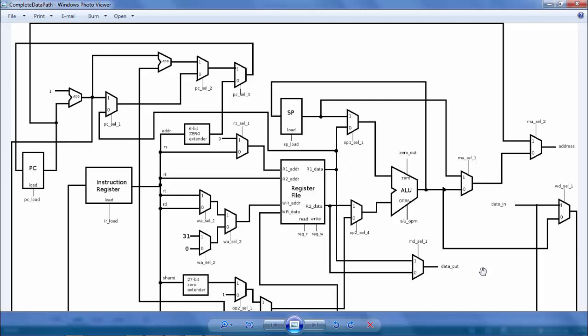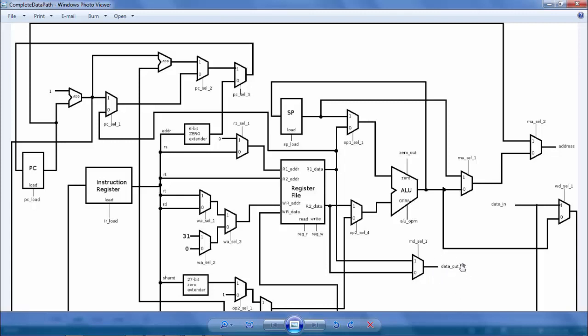So this multiplexer is selecting between data which is coming from R1 data, this output, and R2 data. It is selecting between them and sending it out